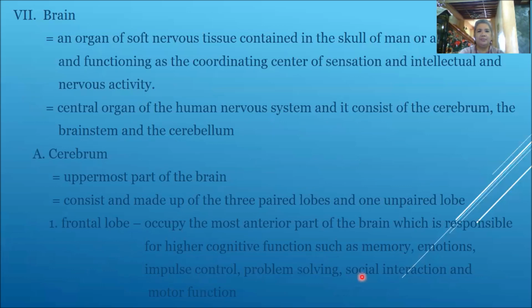Now we go to the brain, which is the organ of soft nervous tissue contained in the skull of man or any vertebrate and functioning as the coordinating center of sensation and intellectual and nervous activity. This is the central organ of the human nervous system, and it consists of the cerebrum, the brainstem, and the